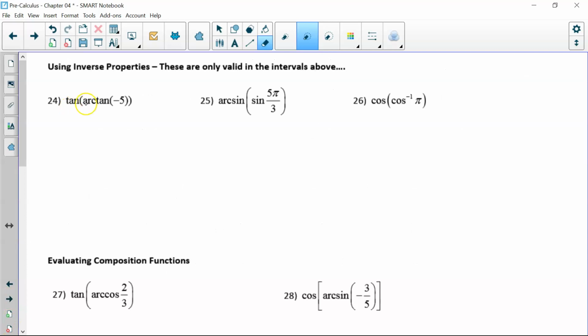The tangent of the arctangent. They undo each other. We're at -5. And there's our answer. Now the arc sine of the sine